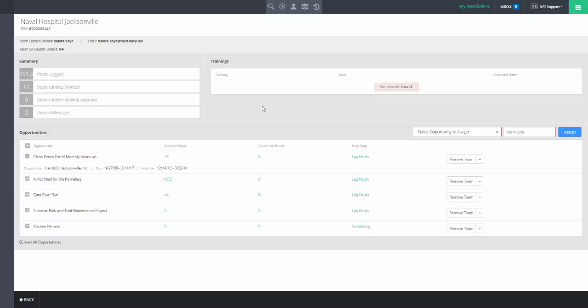For example, we do the Martin Luther King Jr. Day of Service. I may have Regional Hospital Jacksonville commit 20 individuals to show up and participate at that event. However, due to our sign-in sheets, maybe only 12 showed up. What we're interested in, I believe Debbie's question, is to be able to verify the 12 that actually showed up, where the 8 that didn't show up wouldn't be given credit